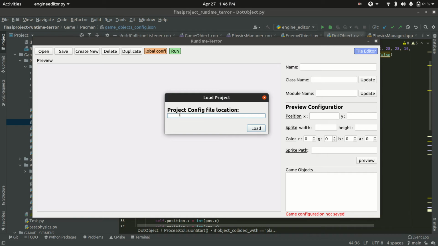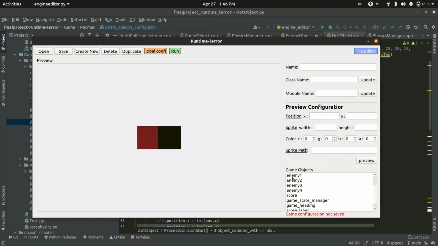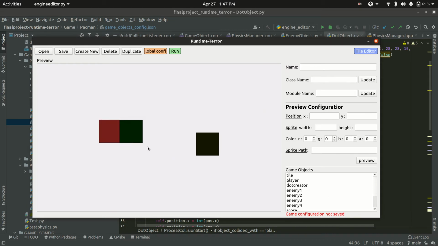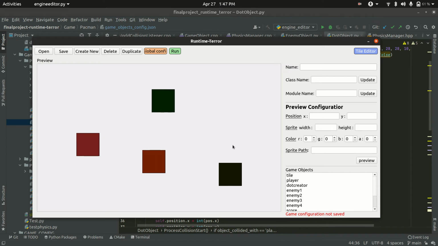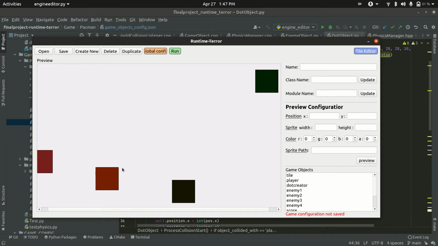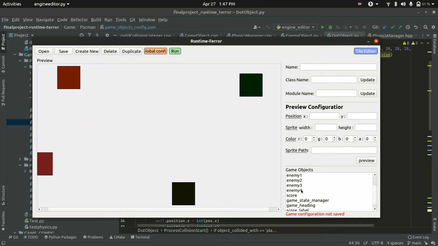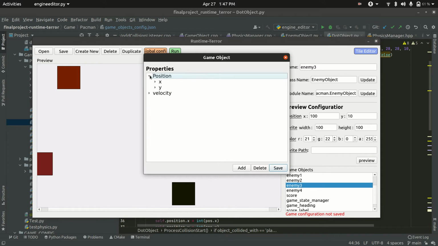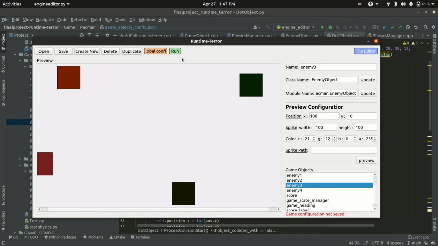So we open the config file. This config file is generated when you create a game using our game engine's editor UI. We load it, and right now the preview is just for previewing the relative positions of the objects. Like these are the 4 enemies. You can put X and Y, and once you determine that you are fine with X and Y, all you have to do is go to enemy, and you can update their properties from here and here. Okay, so I'll just hit run,